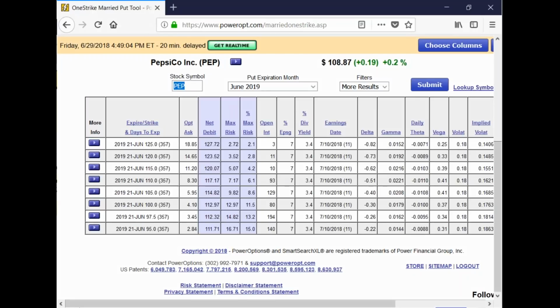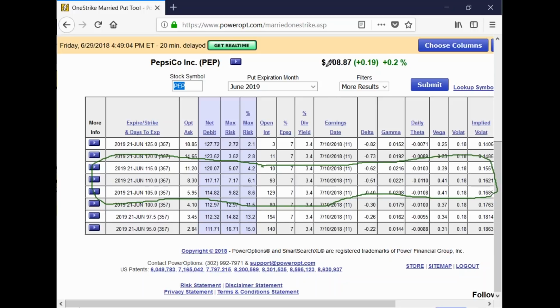Why am I showing you this tool when this is not your cost basis and this is not the tool to use? If I was opening a married put on Pepsi right now, and I was considering going out to June, which I think is a good time frame for your cost basis and your strategy here, this shows me all of the risks. In general, when I'm in a married put position, I'm going to look for 1 or 2 strikes in the money with a risk probably between 3 to 8%. So you can see right away where my eyes are gravitating towards. It's these 3 here. The 105, the 110, and the 115.